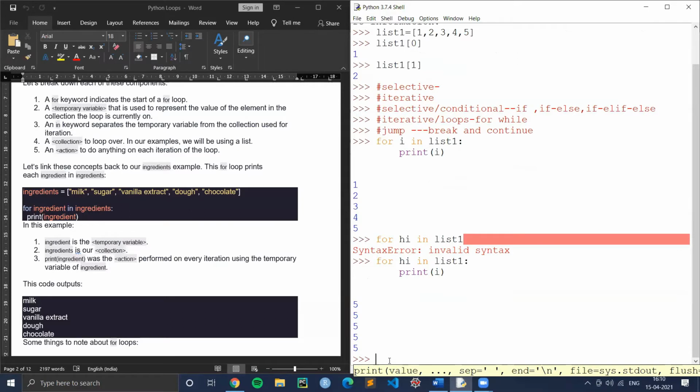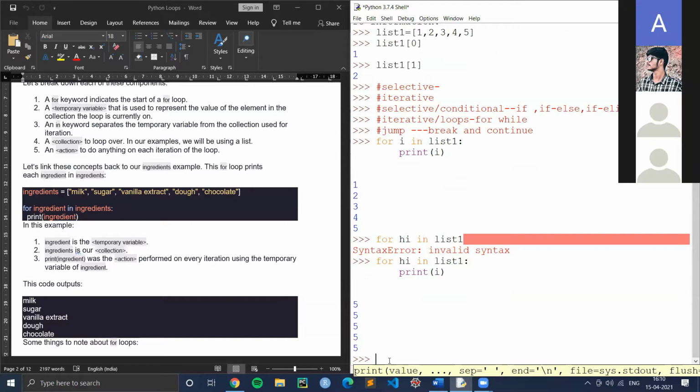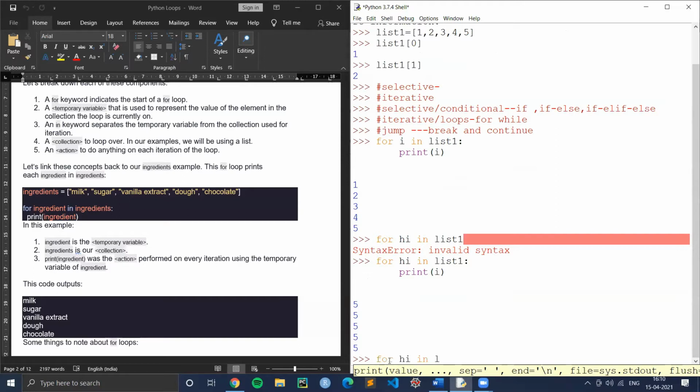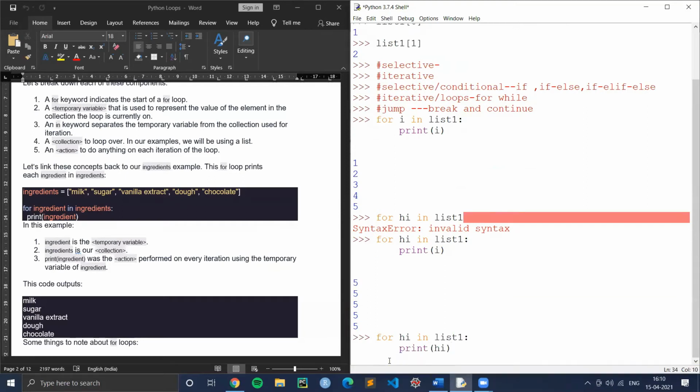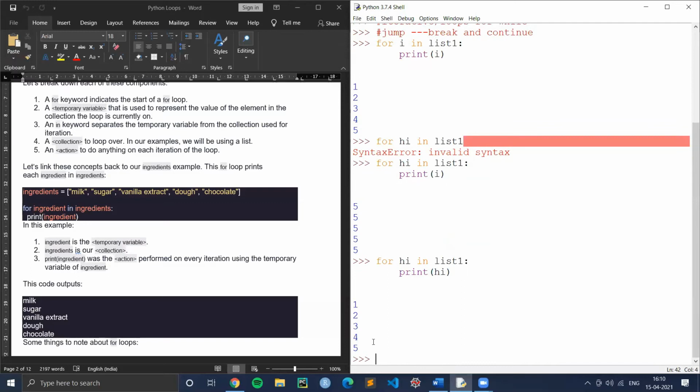The variable name is hi, so we have to write hi, not i. For hi in list 1, I have to print hi because here my variable name is hi. So if I print hi, I'm going to print 1, 2, 3, 4, 5.